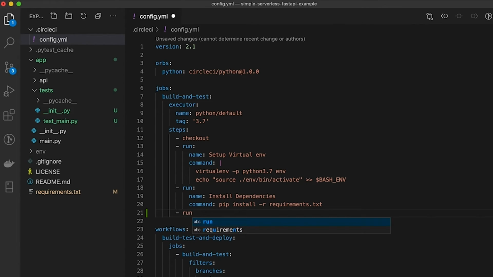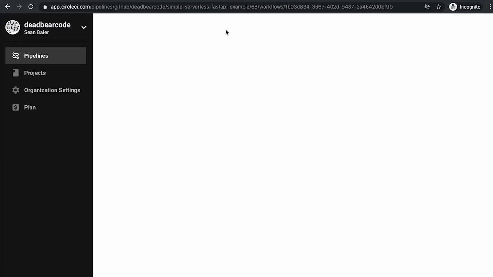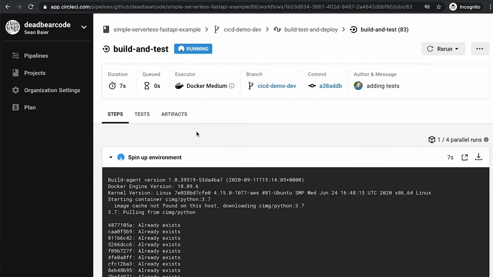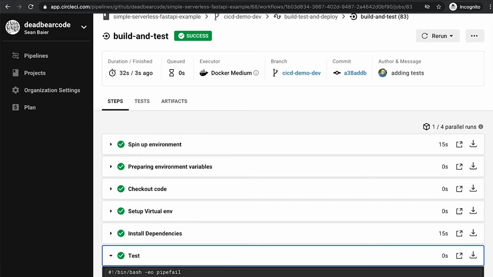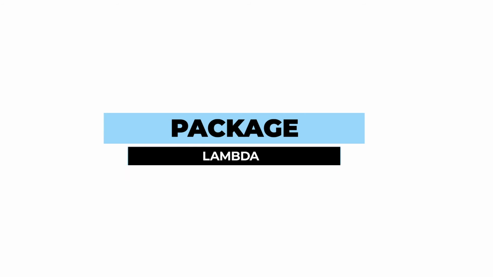And we're going to call this test. And just like in our terminal, we're just going to have it run pytest. And that should be it. Let's go ahead and commit these changes. Come back to CircleCI. We'll see our workflow has kicked off. And awesome. Now that we have our tests automated and they're running successfully, we need to deploy our new code